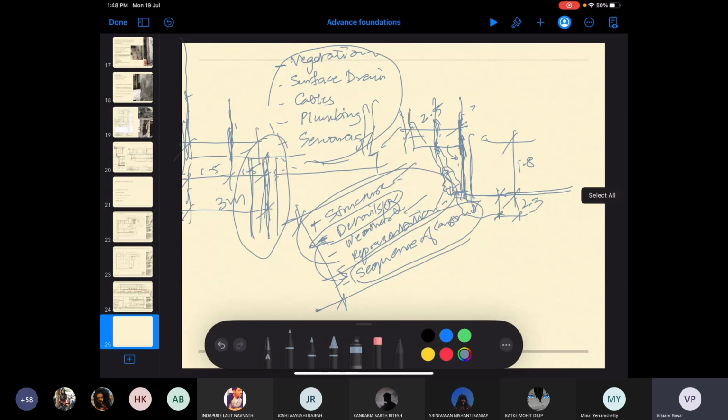And again, I'm telling you, this is not deep foundations. This is a common understanding for both your regular shallow foundation as well as deep foundation. These are just your regular sequences that you need to organize on the site. Okay. Then we'll talk about the deep foundation में what are the additional challenges and all. But primarily shallow foundation में क्या challenges आते हैं?